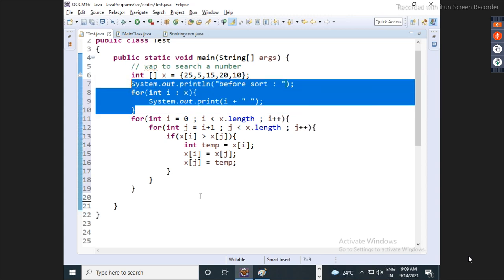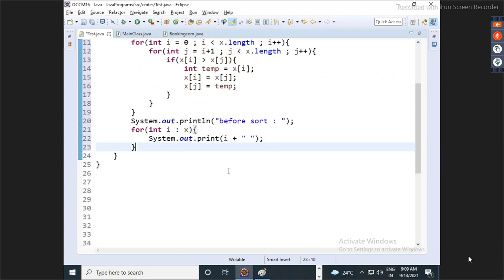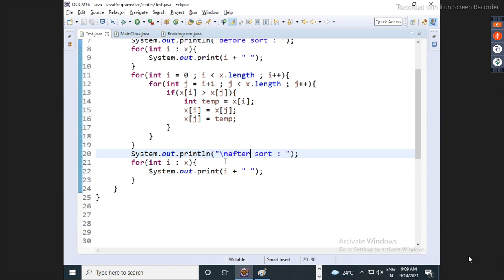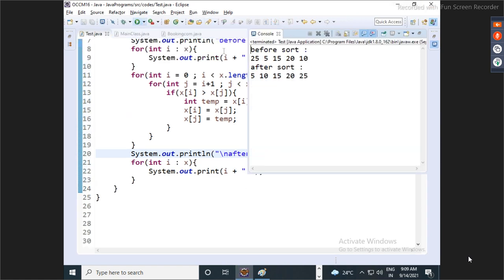And now what we need to do? Here, after sort. Okay, so guys, run this. Is it working? Okay, before sort, and after sort it is arranged in a sequence.